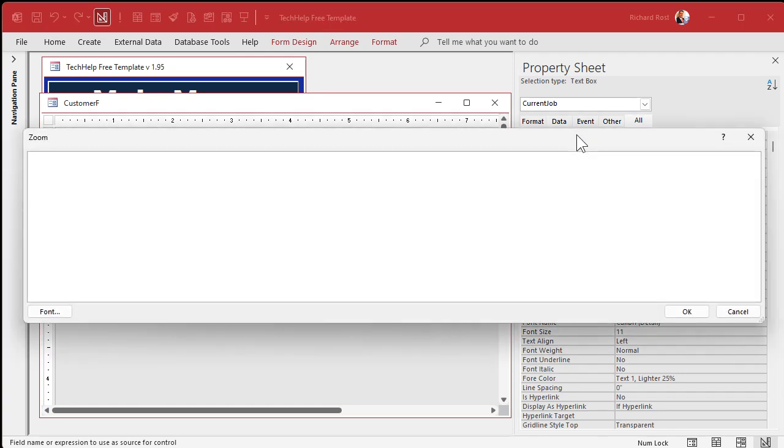Shift F2. What are we going to do? Well, we know the customer ID, right? And we know what their current job's start date is, right? And so that should be enough to look up the name of that job or the description. Okay, so this is going to be equals DLookup, the description from the job table where the customer ID equals